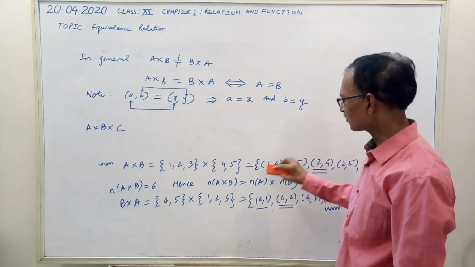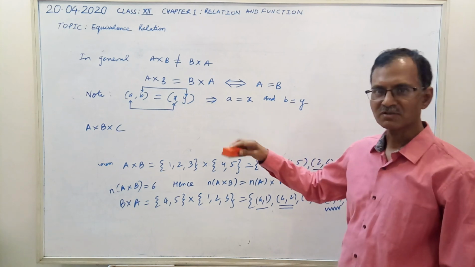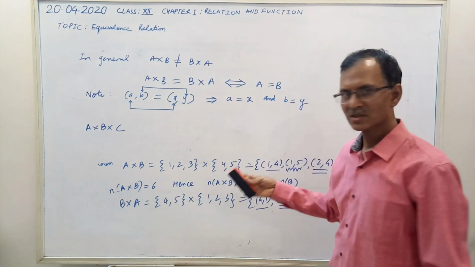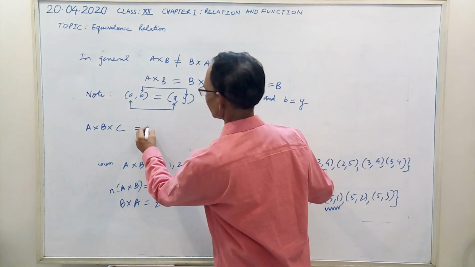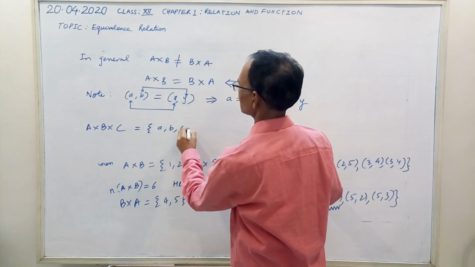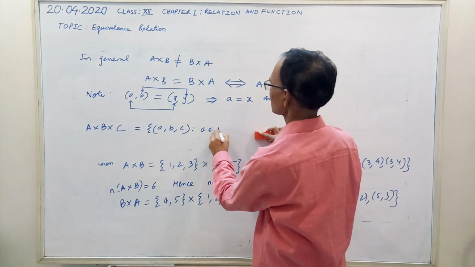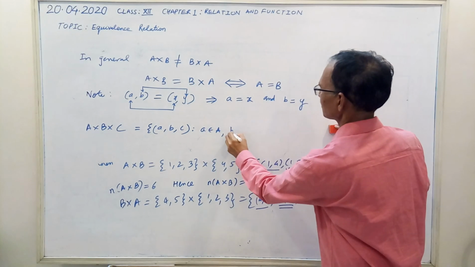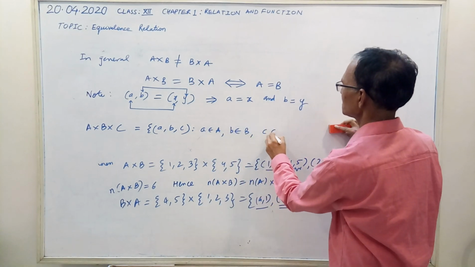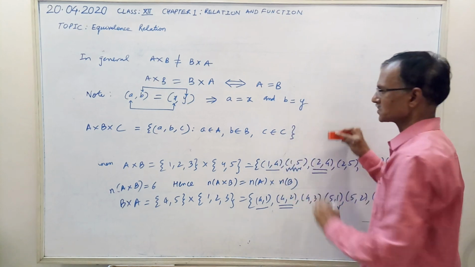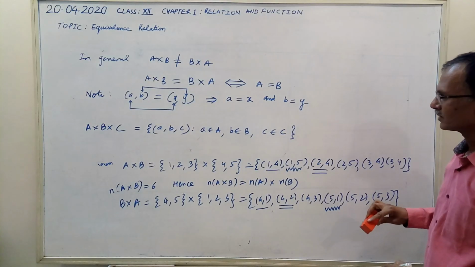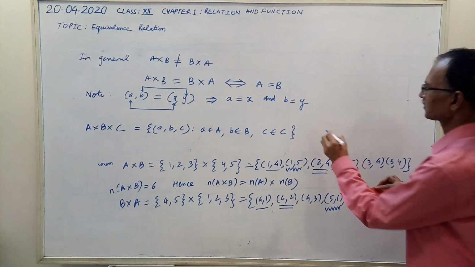As A cross B is a set of ordered pairs, A cross B cross C will be a set of triplets, meaning there will be three elements, where a belongs to A, b belongs to B, and c belongs to C. Its special case